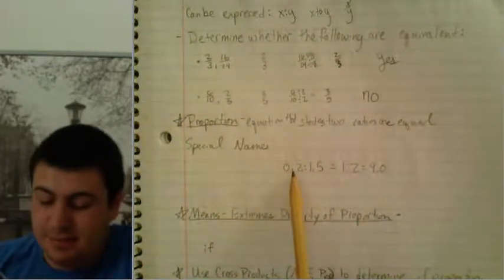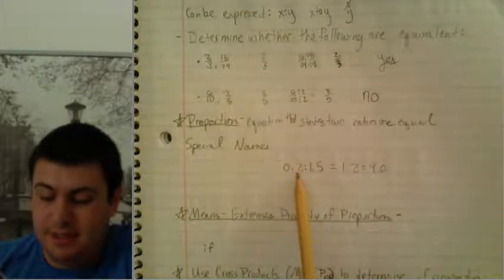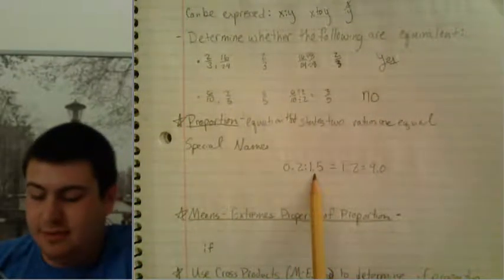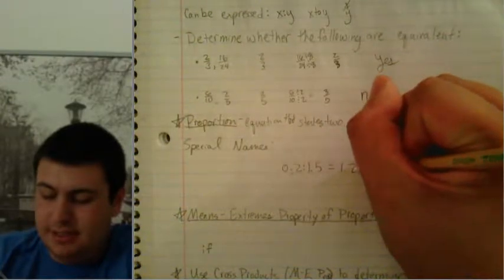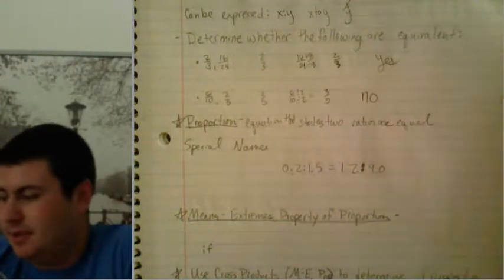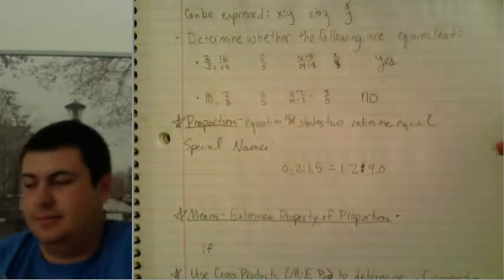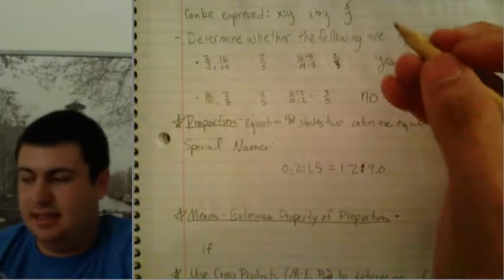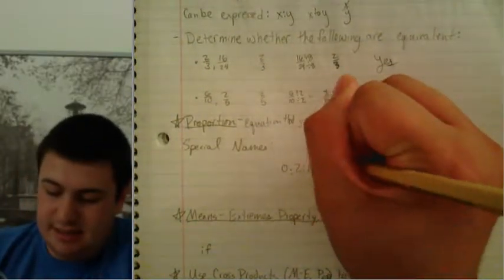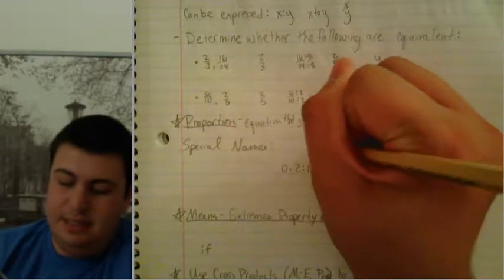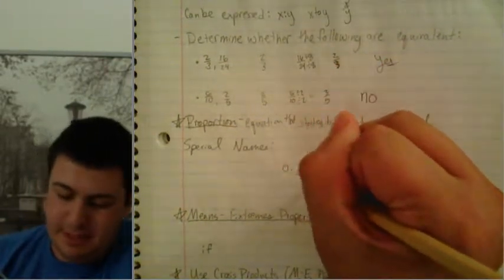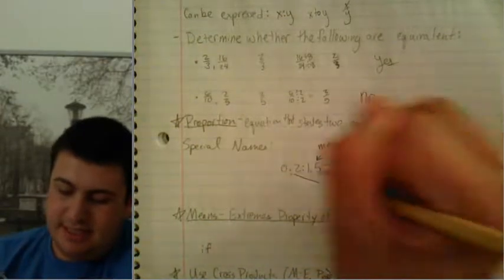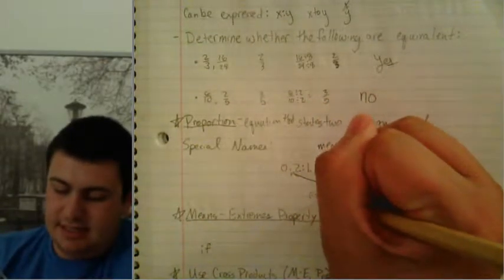If we look at this proportion, 0.2 to 1.5 equals 1.2 to 9.0, the insides here are called the means, M-E-A-N-S, of the proportion. And the outsides here are called the extremes